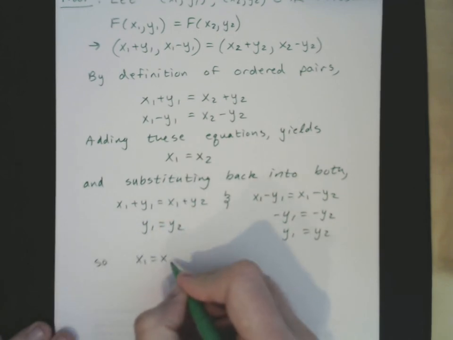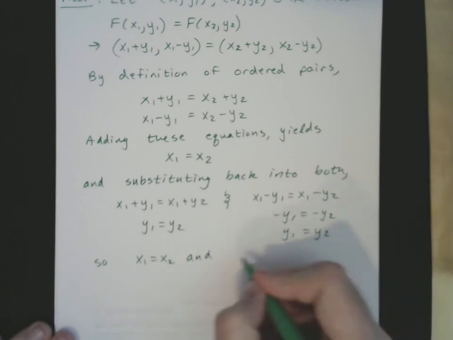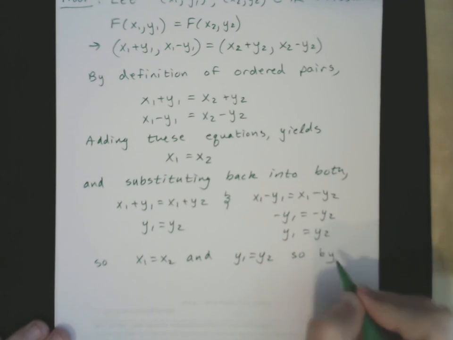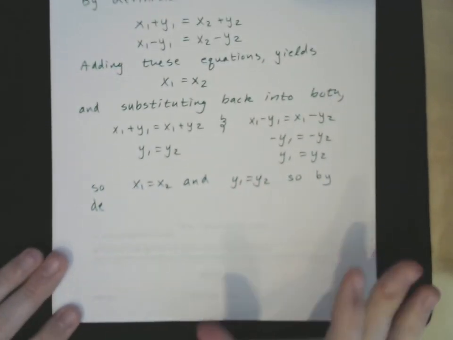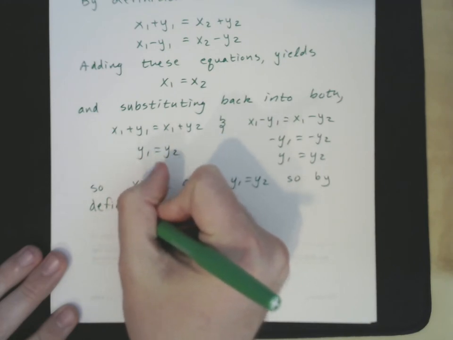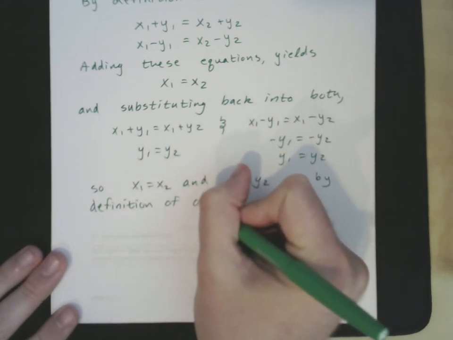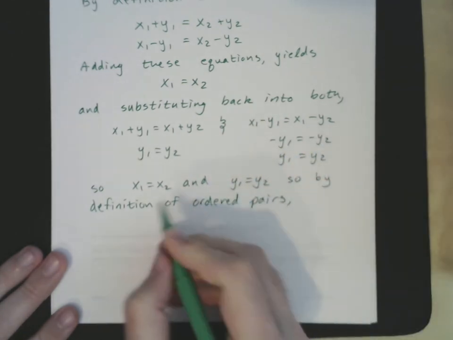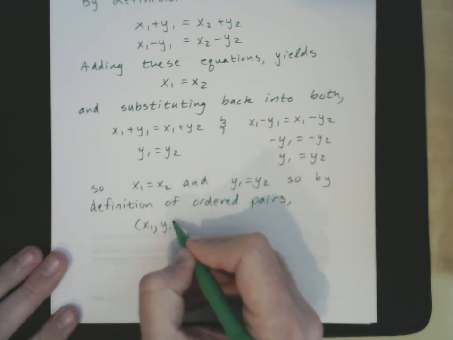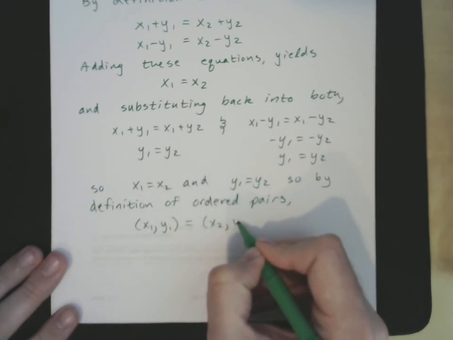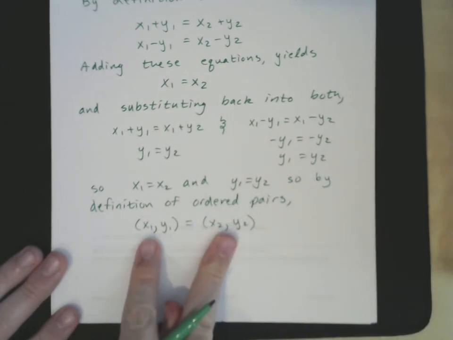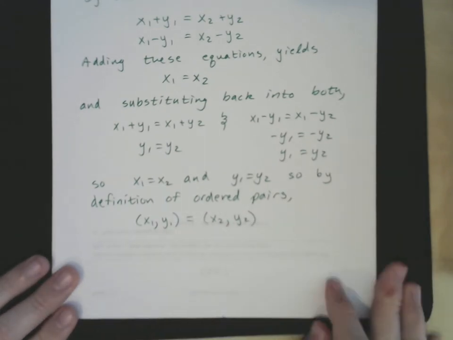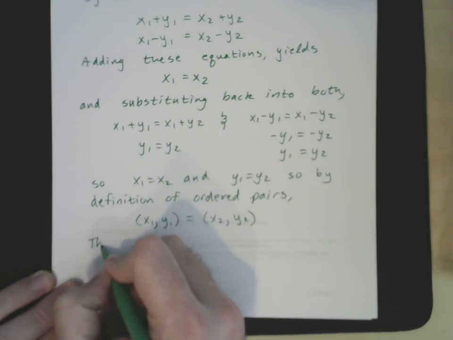So x1 equals x2, and in both cases, y1 equals y2. So by definition of ordered pairs, (x1, y1) equals (x2, y2), because the components of our ordered pairs are the same. That's what the definition of ordered pairs says. Two ordered pairs are the same if their components are the same. And therefore,